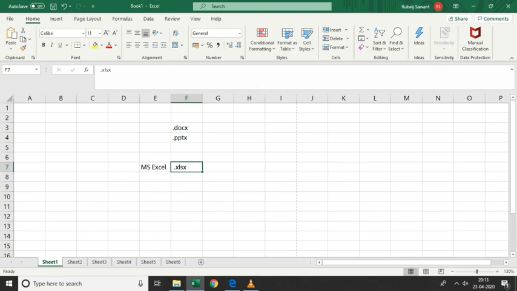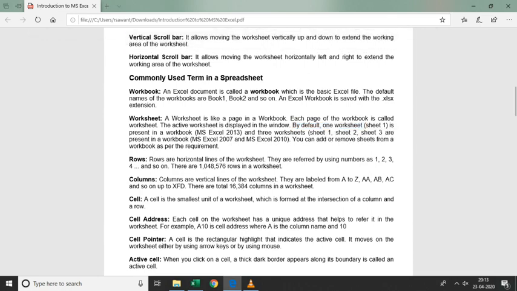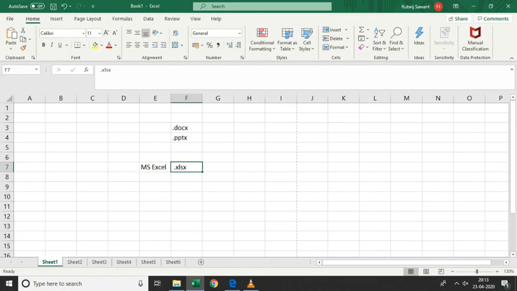Now one more thing: by default, in 2013 you get only one sheet. If you have noticed, when I was explaining it to you, it was showing Sheet1 because this is MS Excel 2013.